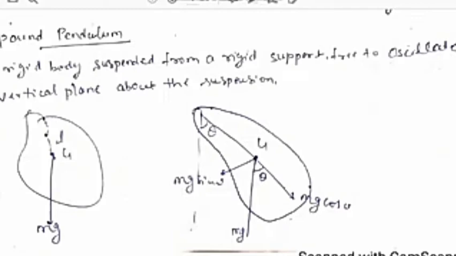The restoring torque is equal to minus mg sin theta, that is your force toward the vertical motion, times l, the perpendicular length. The torque is, as you know, r cross F. So this is minus mgl sin theta, and we know that torque is I into alpha. For very small oscillation, sin theta is equal to theta. So I alpha equals minus mgl into theta. So alpha is minus mgl upon I into theta.